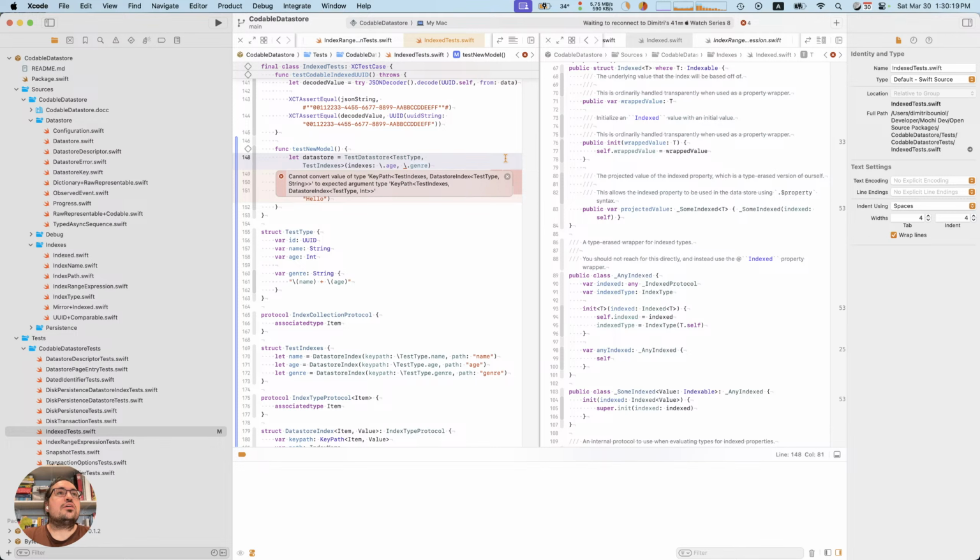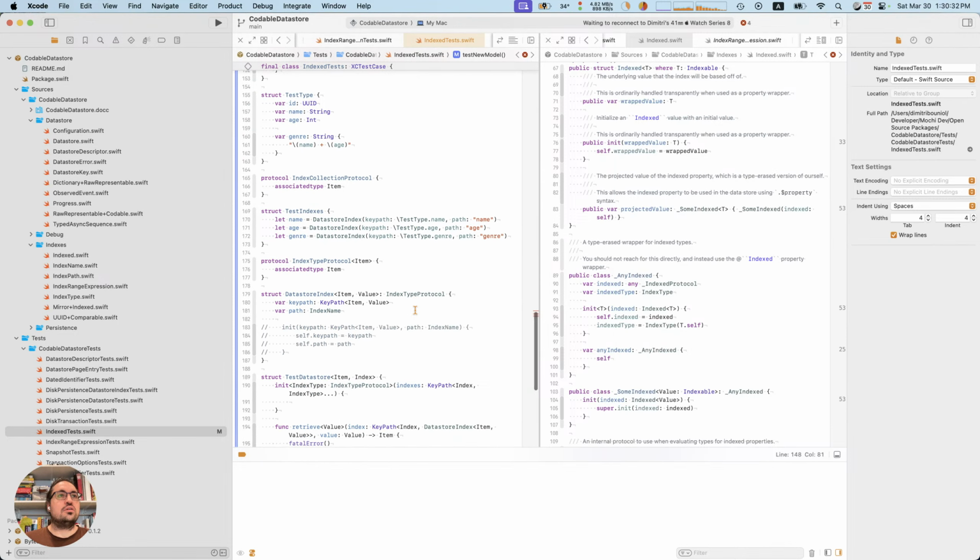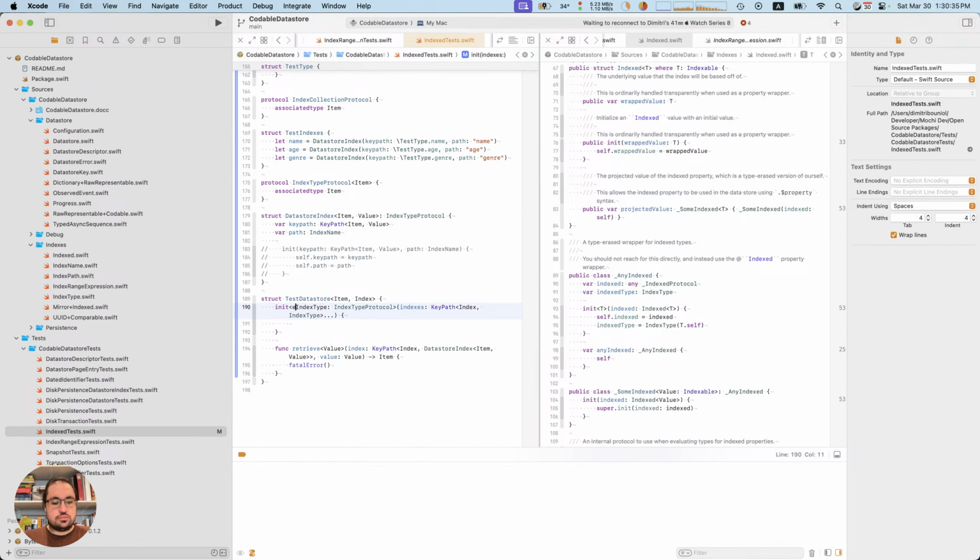Keaton! Here, let me play with some of your toys. Okay, so what is wrong here? Cannot convert value of type key path test indices test type string to test type int. Okay, and that makes sense because I didn't do the variadic thing, but I don't know how to do the variadic thing. Okay, repeat. Did I do it right? No. Maybe there's no repeat.